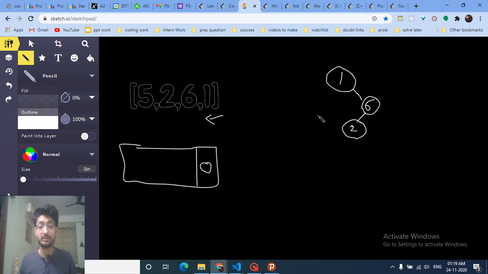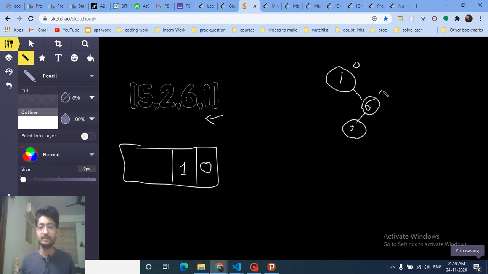Okay, so what we're gonna do is first insert 1, and the frequency of this is 0. There is no element on the right side of it, and the answer is already 0. Then we insert 6. Now because we insert 6, we're gonna go to the right side, and for the right side, we're gonna see how many elements are there on the left side of this. So there is 1 element, so the answer is 1.